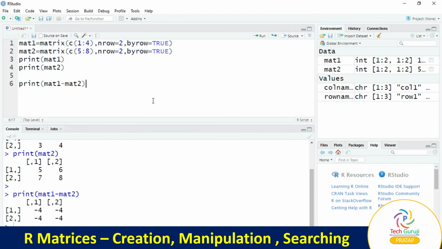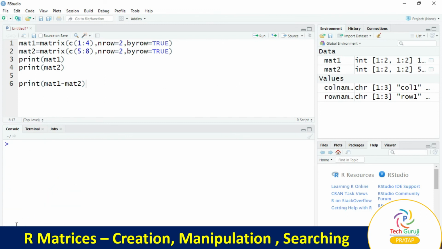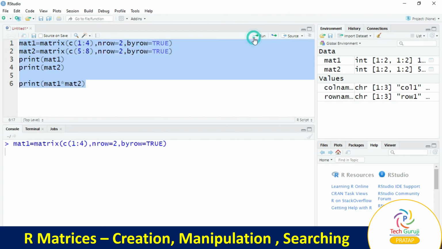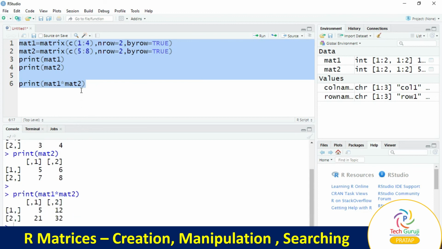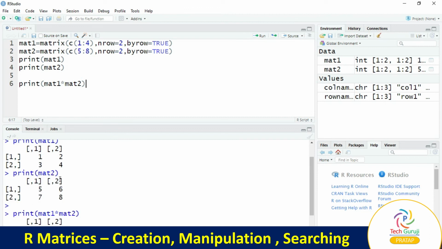Next, we want to perform multiplication of the matrices. Simple multiplication is different from matrix multiplication. If you just use the asterisk and execute it, it is wrong as per the rules, because we are multiplying two matrices.